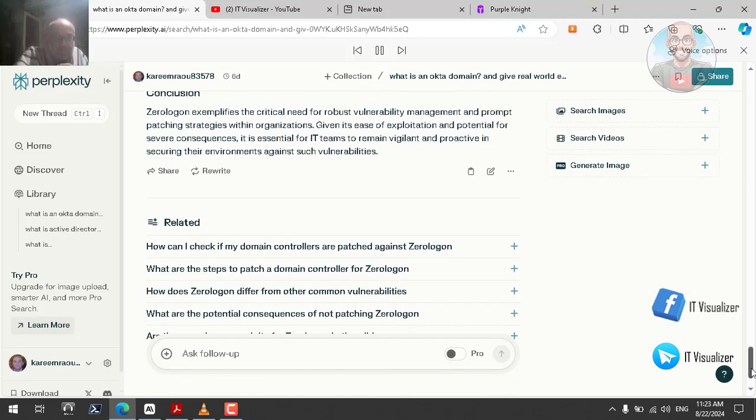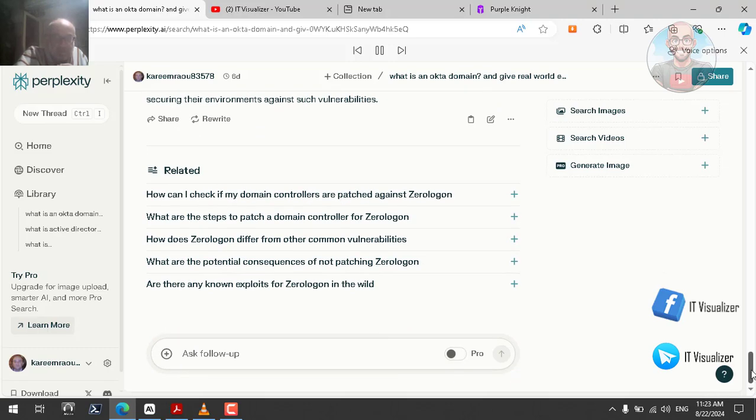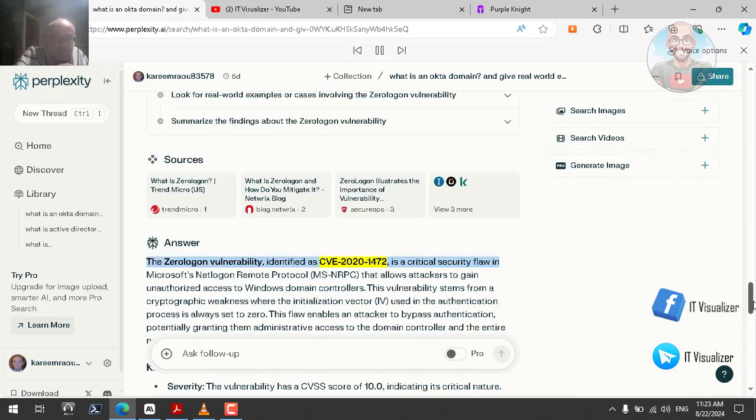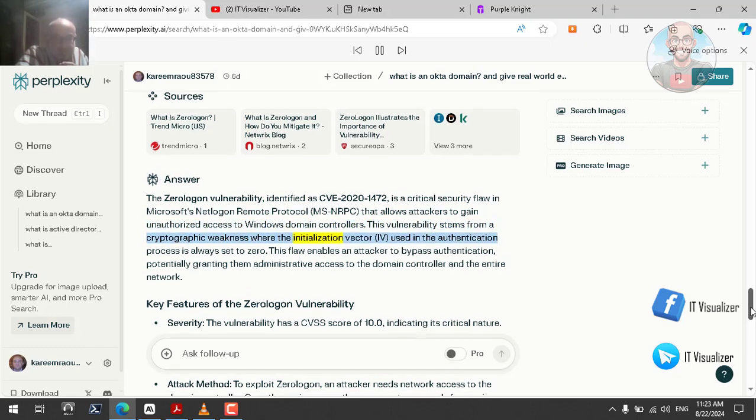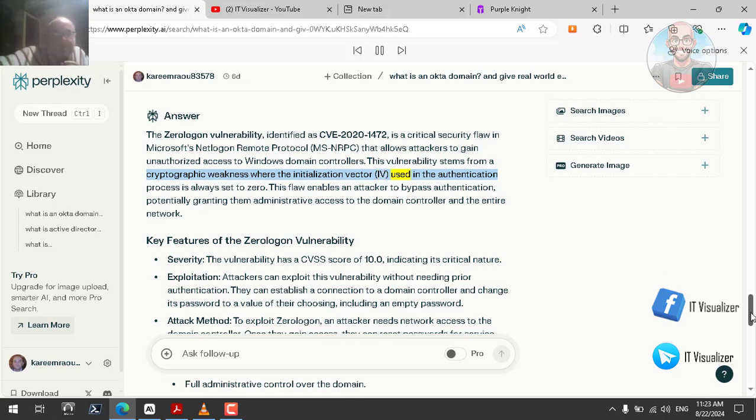The Zeralagon vulnerability, identified as CV 2020-1472, is a critical security flaw in Microsoft's NetLagon Remote Protocol, MSNRPC, that allows attackers to gain unauthorized access to Windows domain controllers. This vulnerability stems from a cryptographic weakness where the initialization vector, 4, used in the authentication process is always set to 0. This flaw enables an attacker to bypass authentication, potentially granting them administrative access to the domain controller and the entire